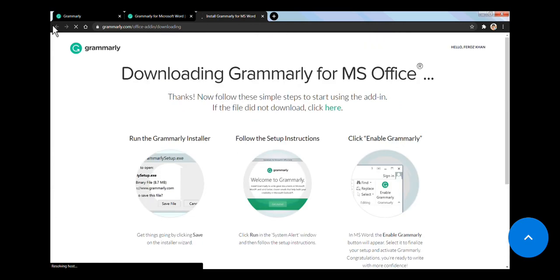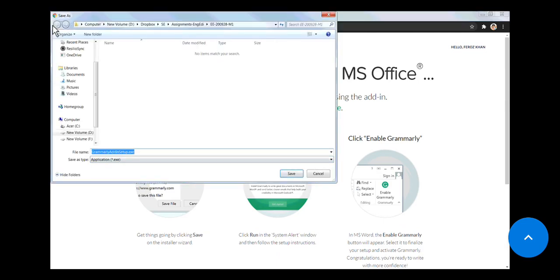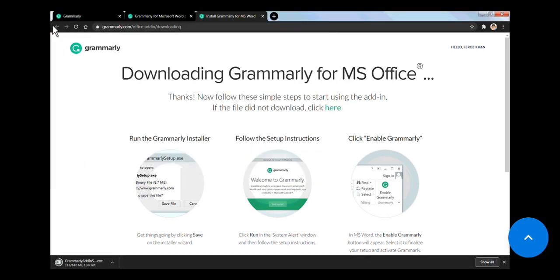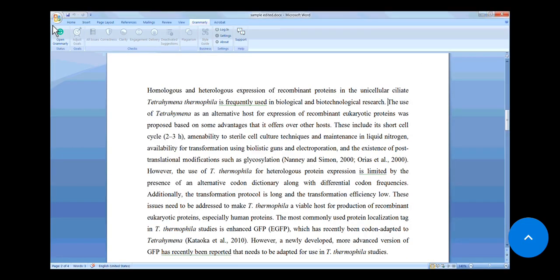So you download it, save it on your computer system and then install it. Before installation you need to keep your MS Word off. So just close all open windows of MS Office, MS Word, or Excel, whatever.